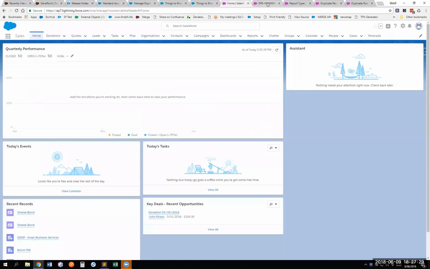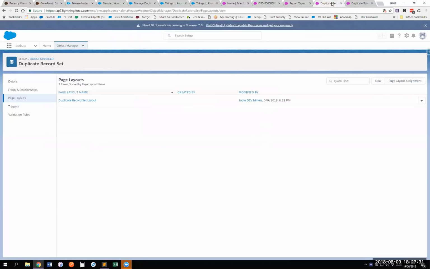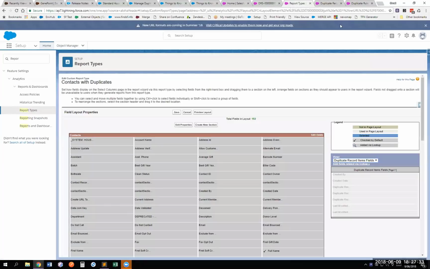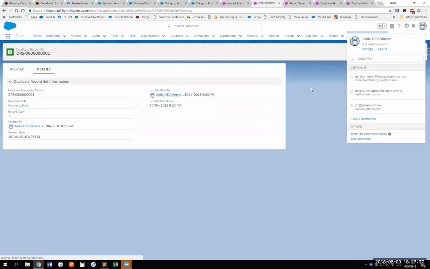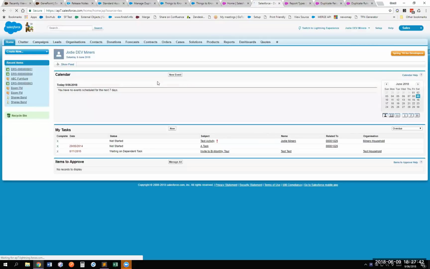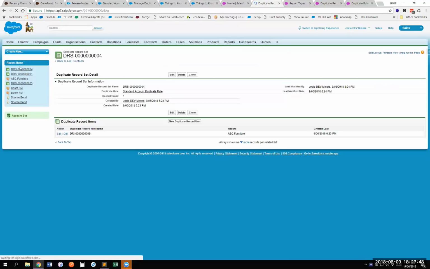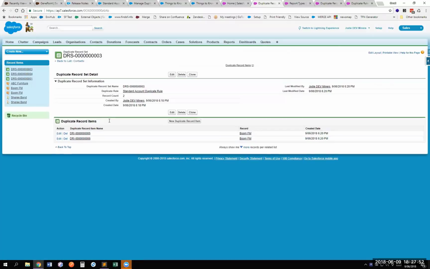Now that you know how difficult and annoying and a bit silly this new feature is, I just wondered whether you could actually even do this in Salesforce Classic. And it's interesting. You can actually get to, so we'll get to a duplicate record set. So you can create a duplicate record set, you can create duplicate record items in here, but even though, remember